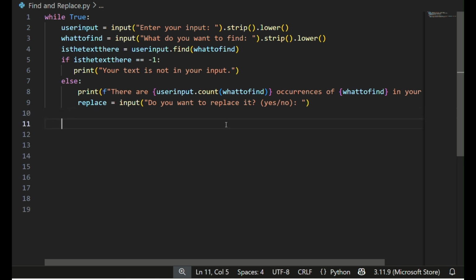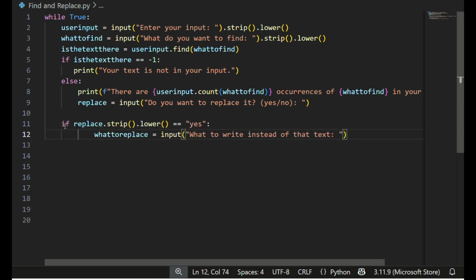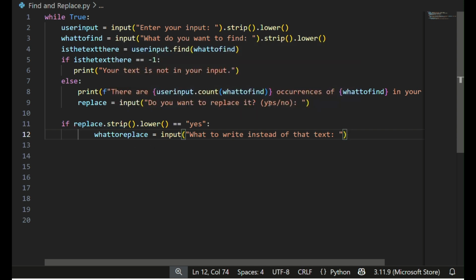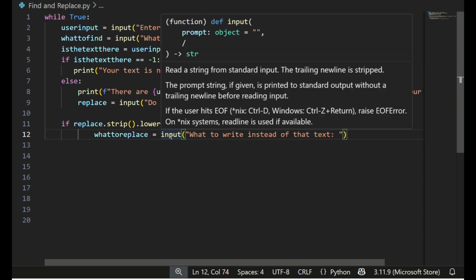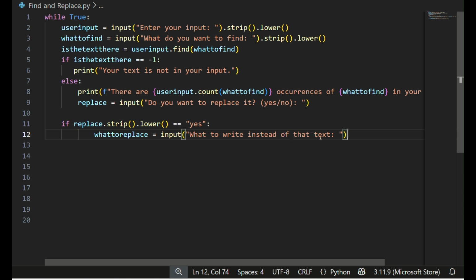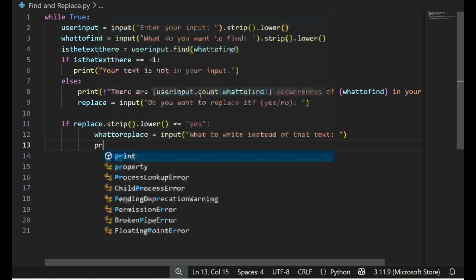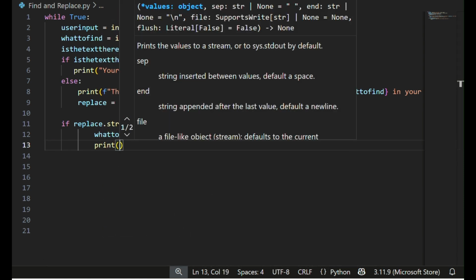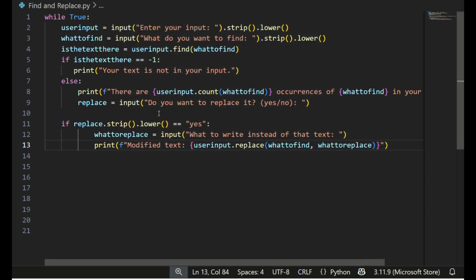Okay, we will write if replace.strip().lower(). We will strip the user input and lower it, and check if it is equal to yes. Then we'll take a variable known as what to replace, and it will take input, what to write instead of that text. And then we will print